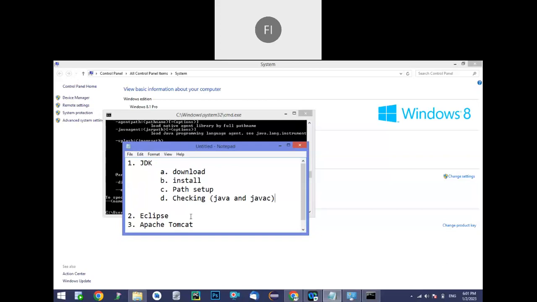So this is the first step I wanted to show you, the JDK installation or Java installation. JDK or Java, both are the same. If you want to work with Java programs, it should be there in your machine. Is this point clear for everyone? Then I will go for Eclipse next. If it is clear,